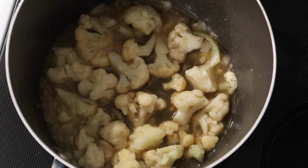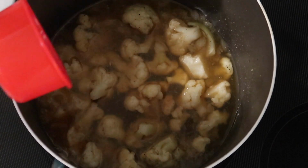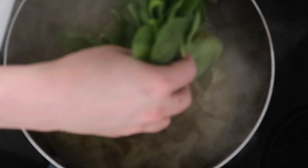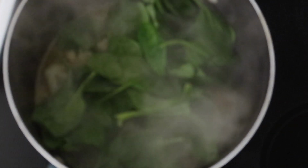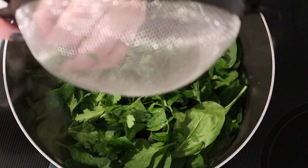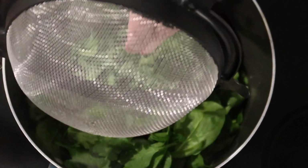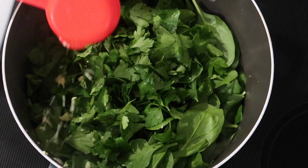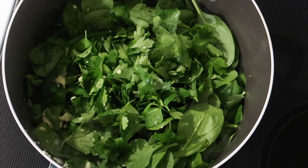and then I'm going to add 2 cups of vegetable stock to our pot. Put a lid on, bring that to a boil. Once our cauliflower is all the way softened, taking the lid off and adding 1 5-ounce package of baby spinach, along with a cup of Italian flat leaf parsley, and I didn't chop it up because we're going to be blending this all together. A half a teaspoon of grated ginger that I just had in this little measuring cup,